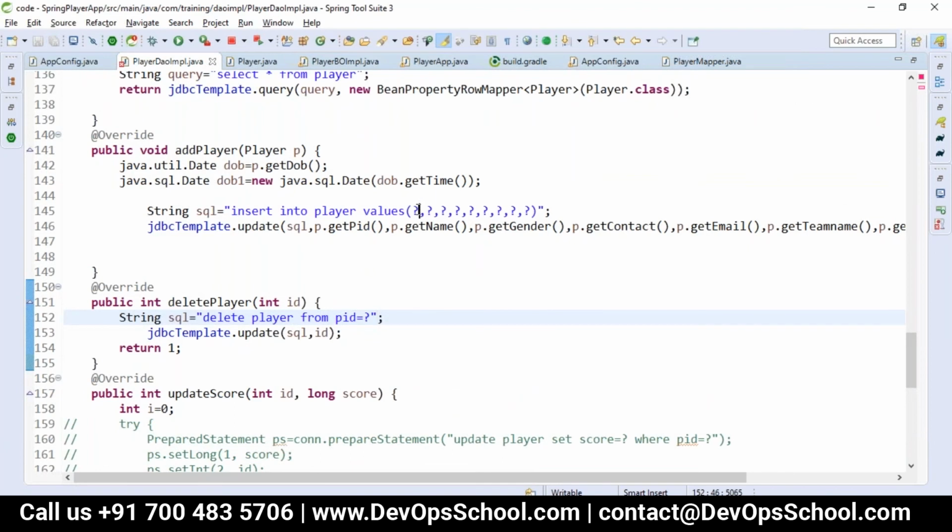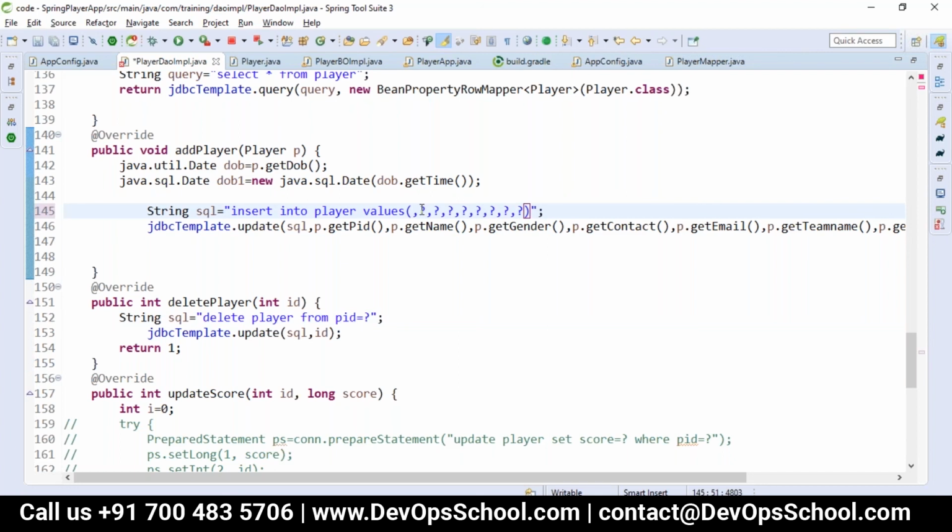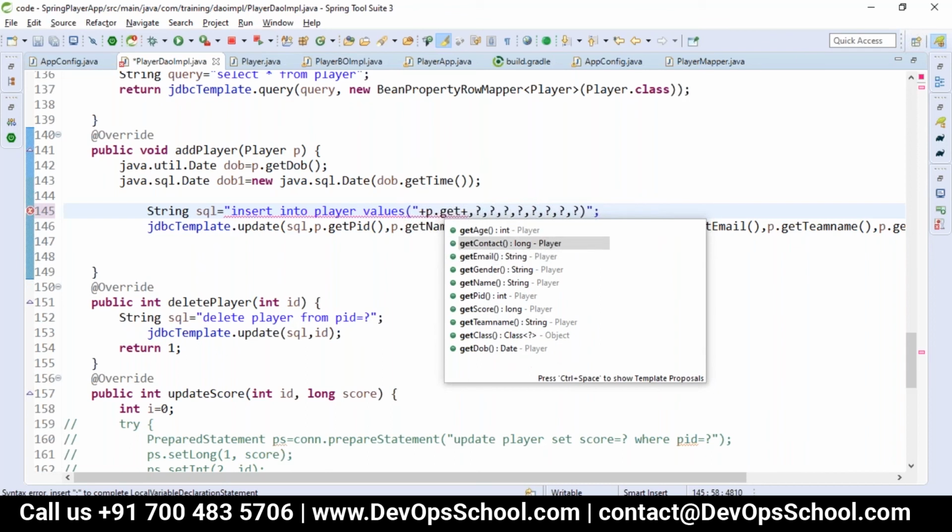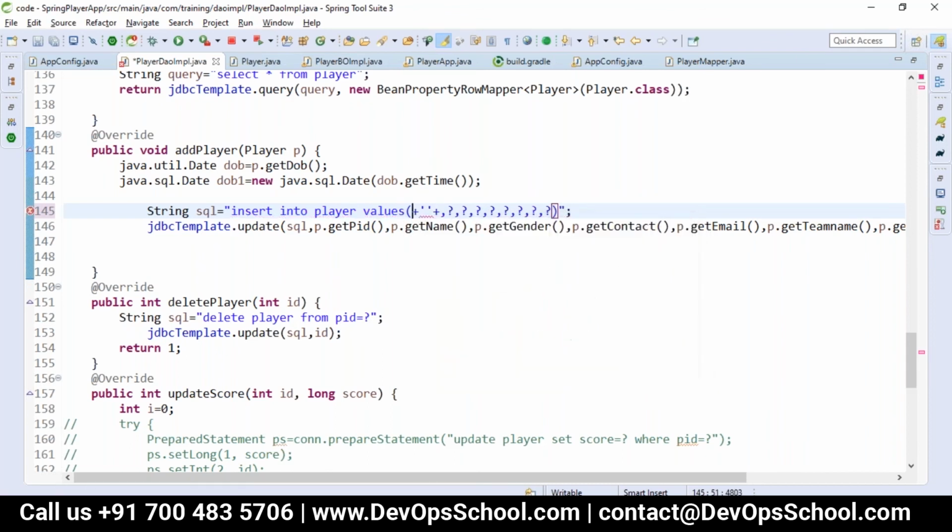You can pass them one by one, instead of the question mark, here only. Directly, if you pass that POJO, it will not map with the column names by itself and insert. No, it will not.